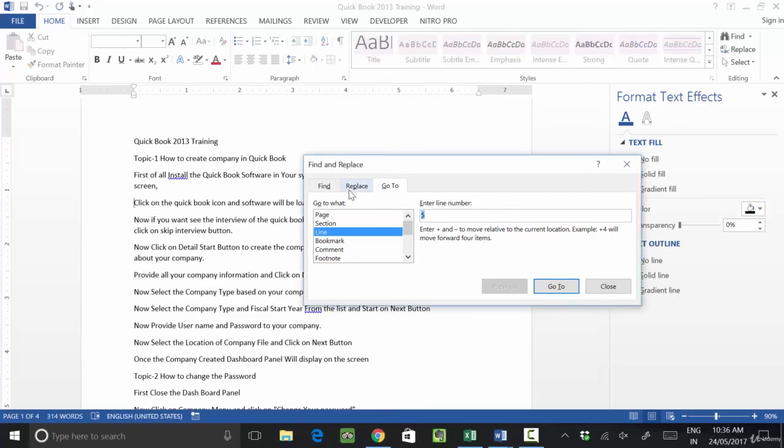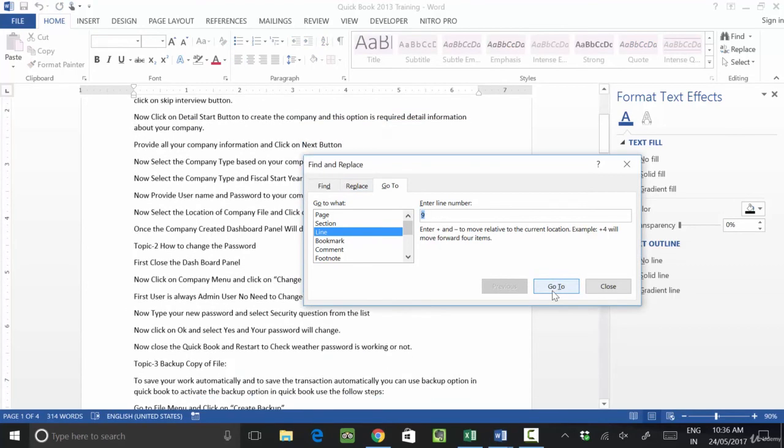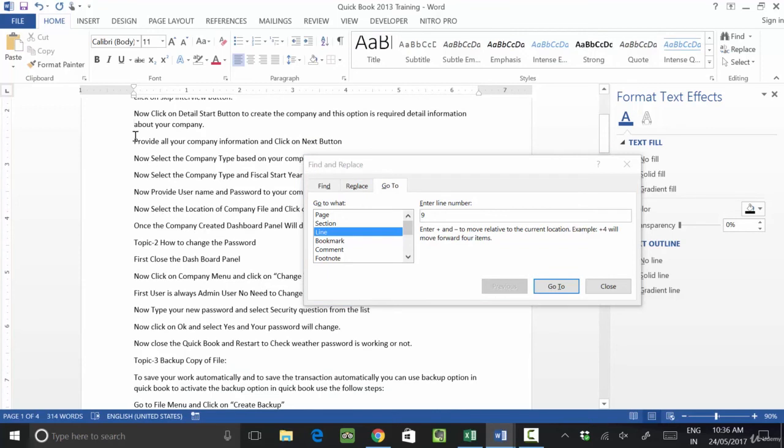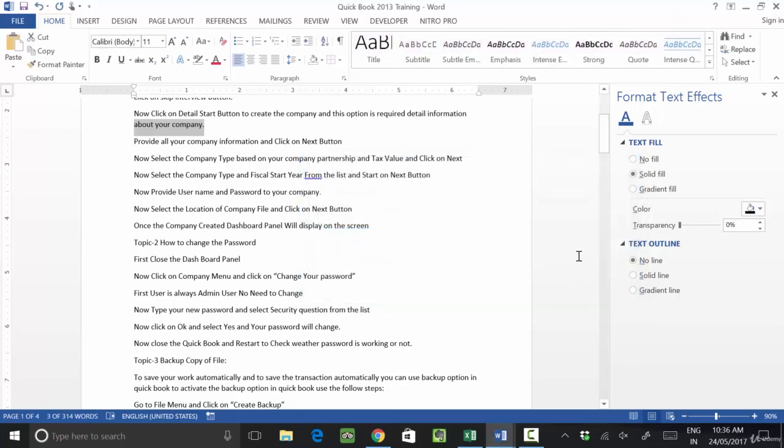If you want to go to line number 9, click Go To, and your cursor is blinking on line number 9. In this way you can use the Go To option, and the shortcut key is Control plus G. If you press Control plus G, the Go To option will be highlighted.